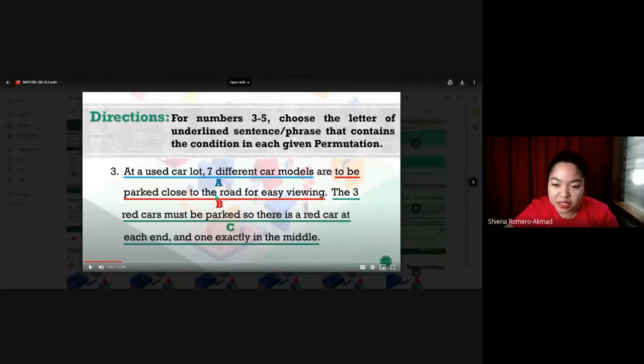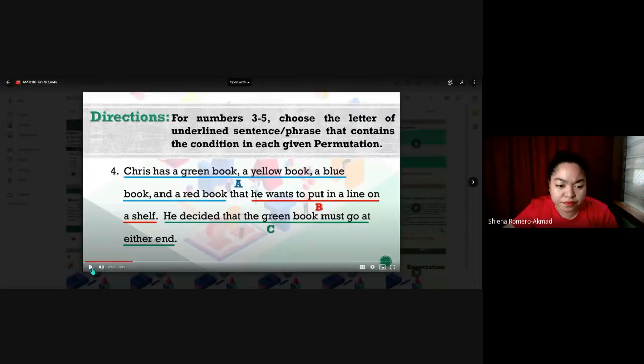So going back, the sentence that contains the condition is letter C. The road for easy viewing. The 3 red cars must be parked so that there is a red car at each end and one exactly in the middle. Let us add number 4. So for number 4, the answer is